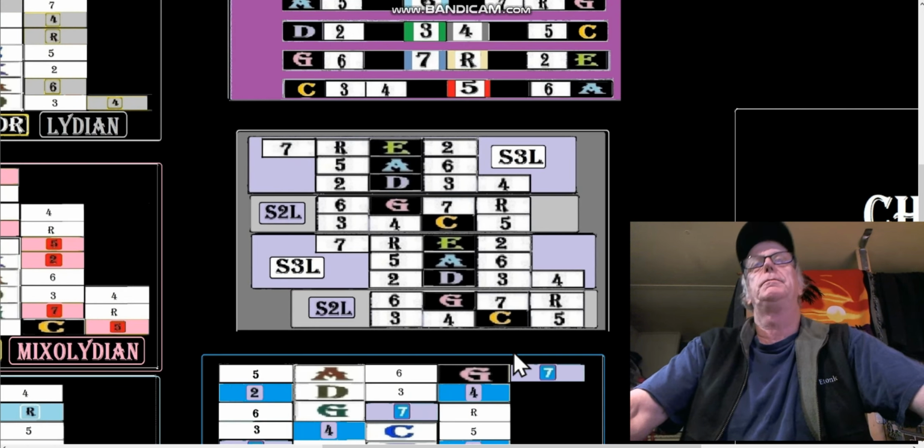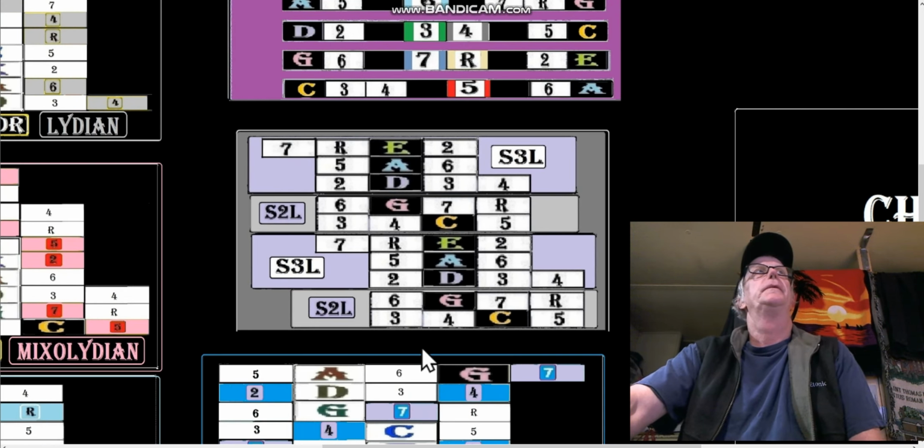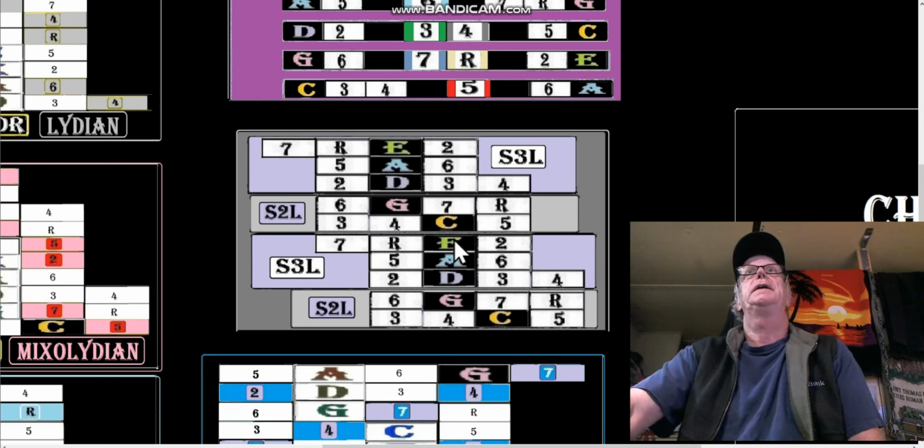There's only 5 of them. You can learn them. The C, the G, the D, the A, and the E. And guess what? When you go from C to G, you're going in fifths. So the 5th of C is G, the 5th of G is D, the 5th of D is A, the 5th of A is E, and the 5th of E goes to C. Very close for shape fitting, curve fitting, whatever, because the 5th of E is B, but we're going to augment it to C. And then going the other direction, you would diminish it, the 4th of